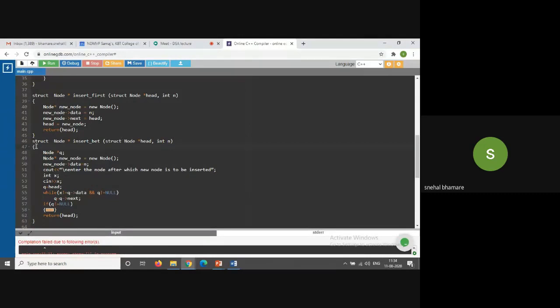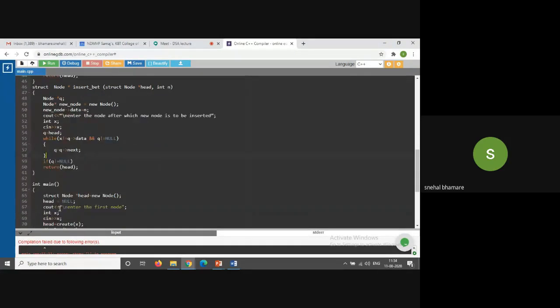So in the insert in between function, what we have done is the node pointer. After that, I'll remove this bracket. It is in the curly braces, and it will move to the end. Completed.